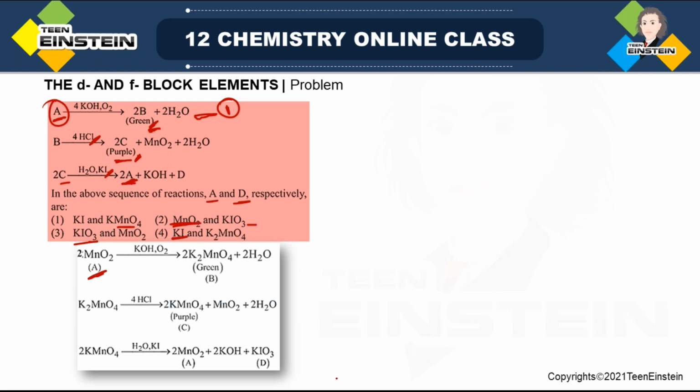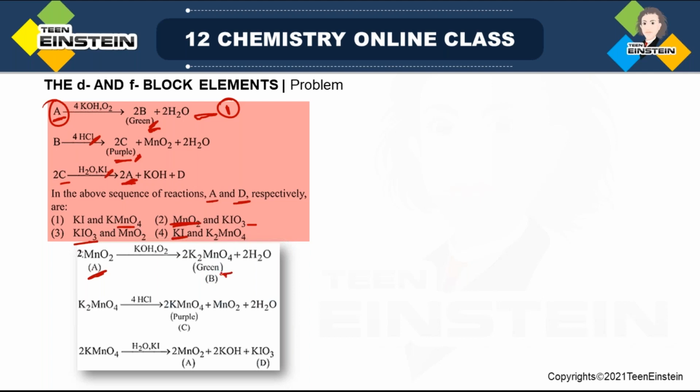So even if you are not sure about the structure of D, and if you are lagging in time, you can easily choose option 2, because MnO2 is not present in any other option. So MnO2 in presence of KOH and O2, where KOH is used for fusion purpose, and oxygen is basically the oxidizing agent,